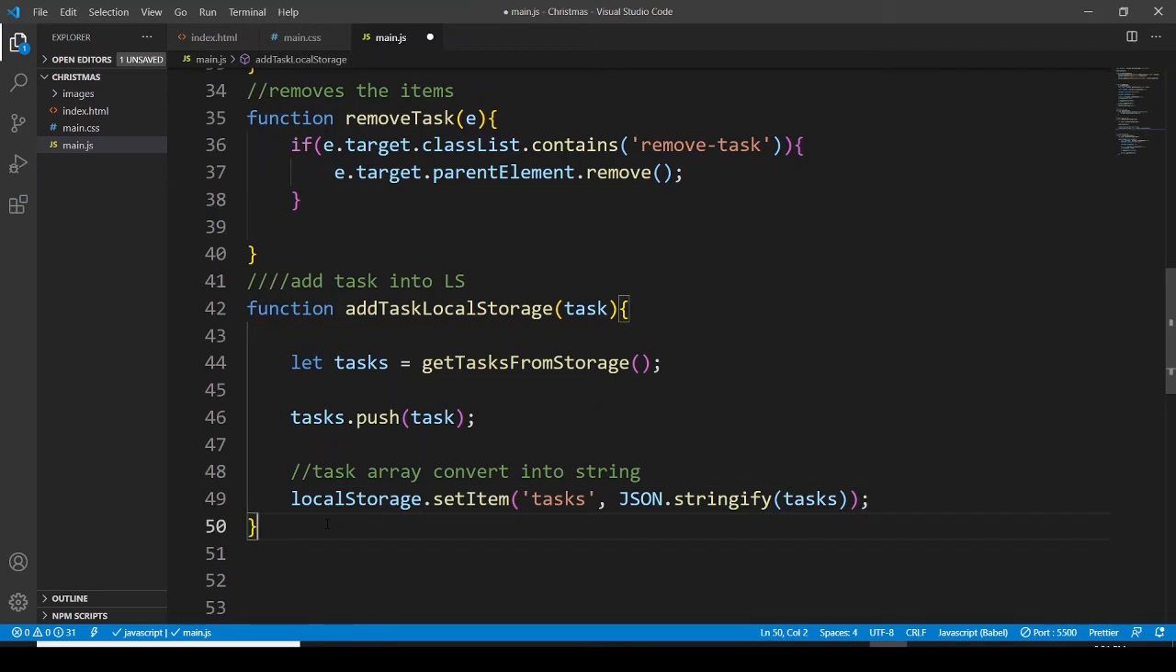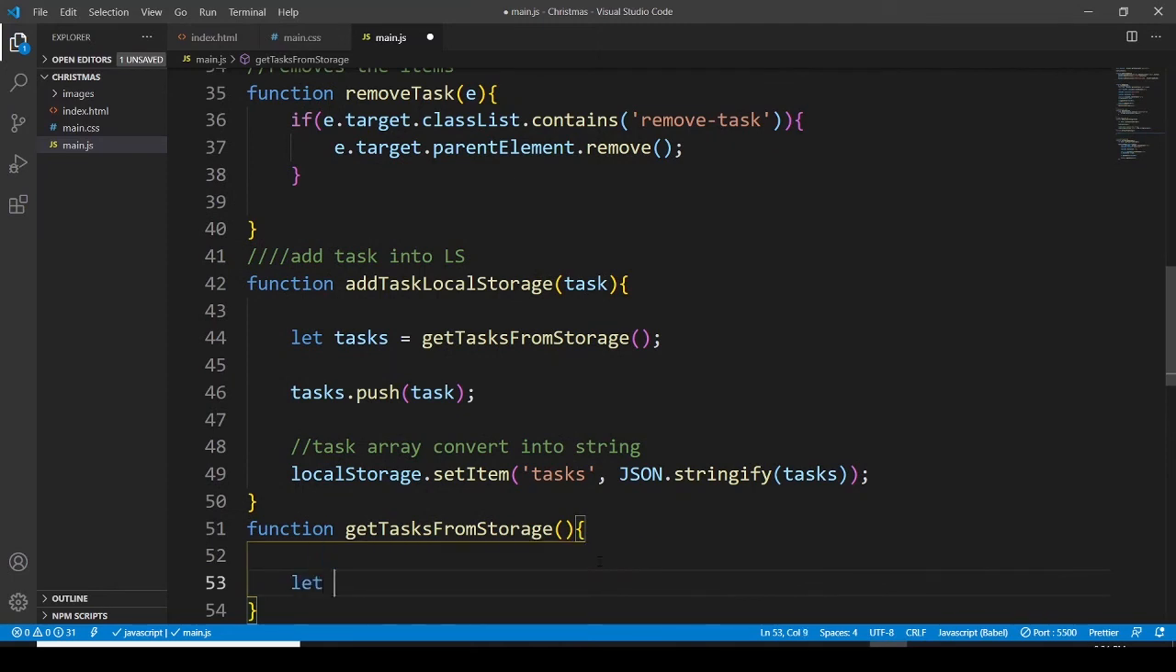After this, let's have a function again, and this is going to be get tasks from storage. So copy this, put it here. I'm pasting it here, not passing any kind of parameters, but here let's say let tasks,